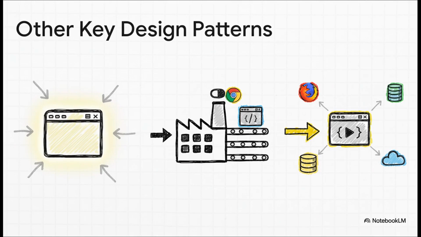And it doesn't stop with POM. Other patterns give you even more power. The singleton pattern, well, that's like having just one key to your house. It makes sure you only have one browser instance running, which saves resources. The factory pattern is like a car factory. You just tell it you want a Chrome or a Firefox browser, and it builds one for you. And the strategy pattern is like switching between different map apps. You can swap between reading your test data from a spreadsheet or a database without having to rewrite your whole